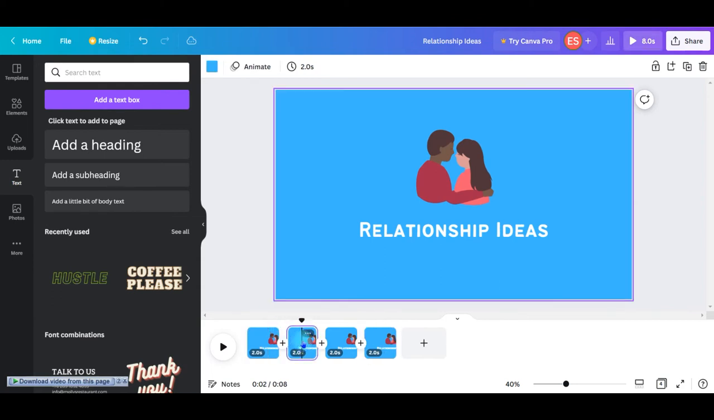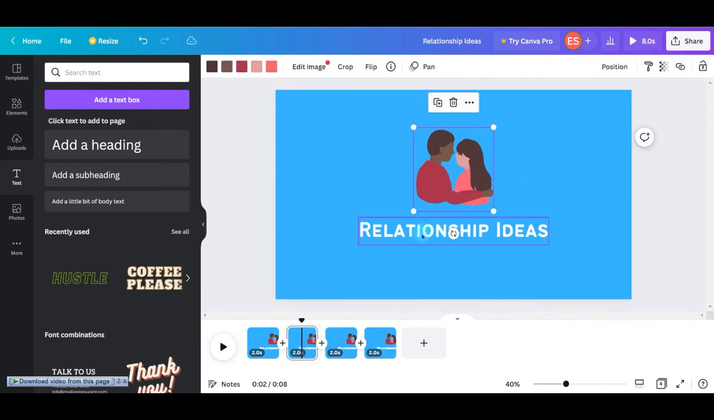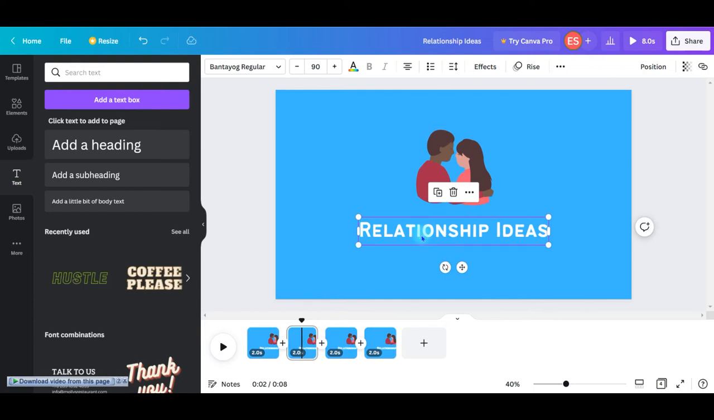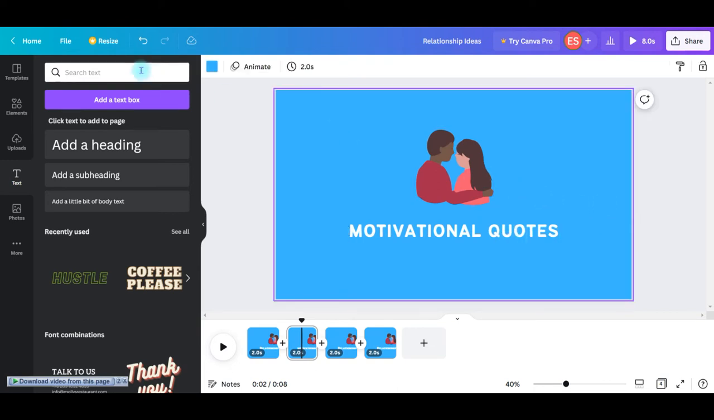So for the second page, we have to change what's on the page. So now let's say we're looking into motivation speech. So let's say motivational quotes. Yes, let's use that. So you change the words to motivational quotes. So quotes. So we have that. So now look into that, and